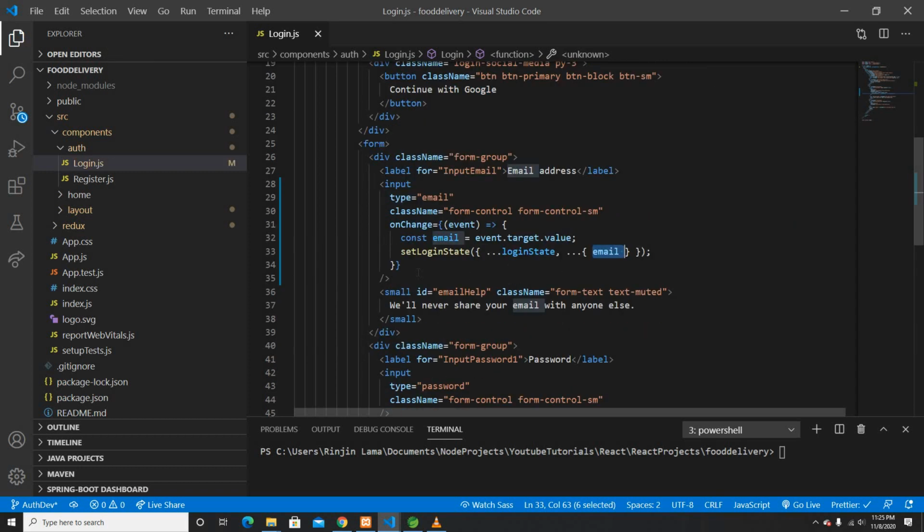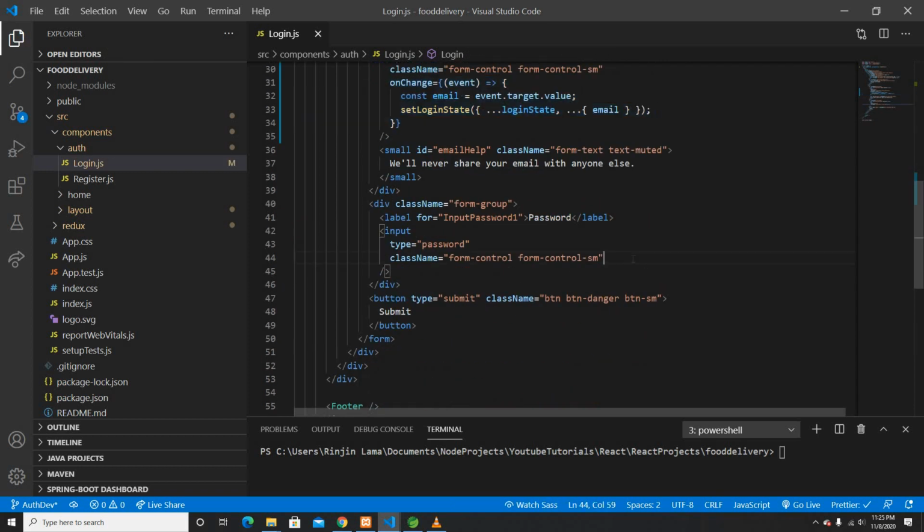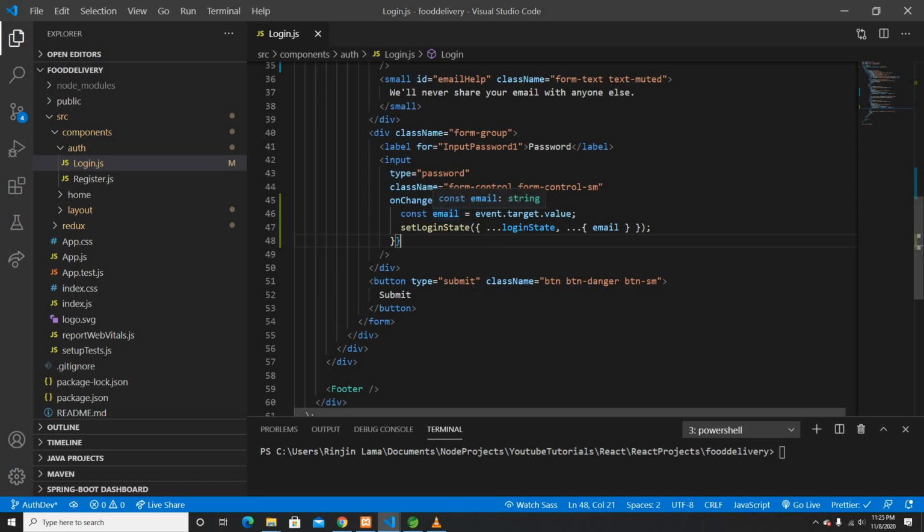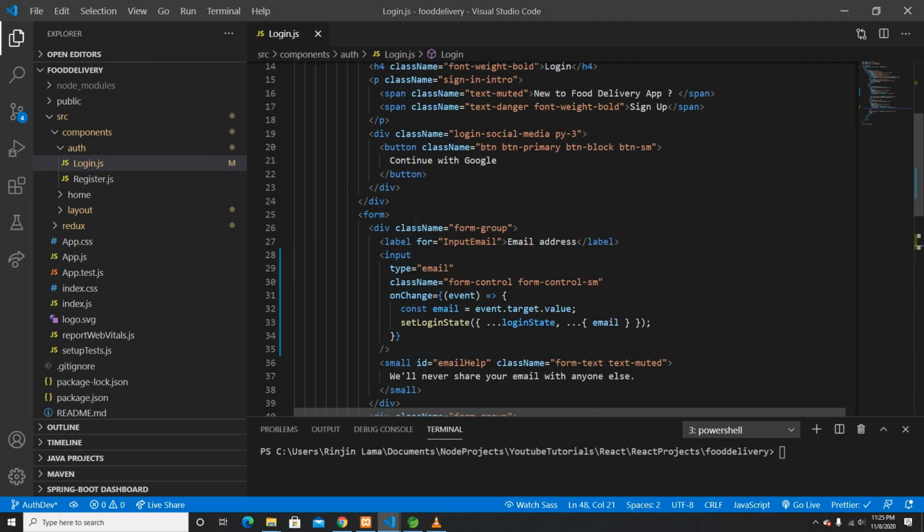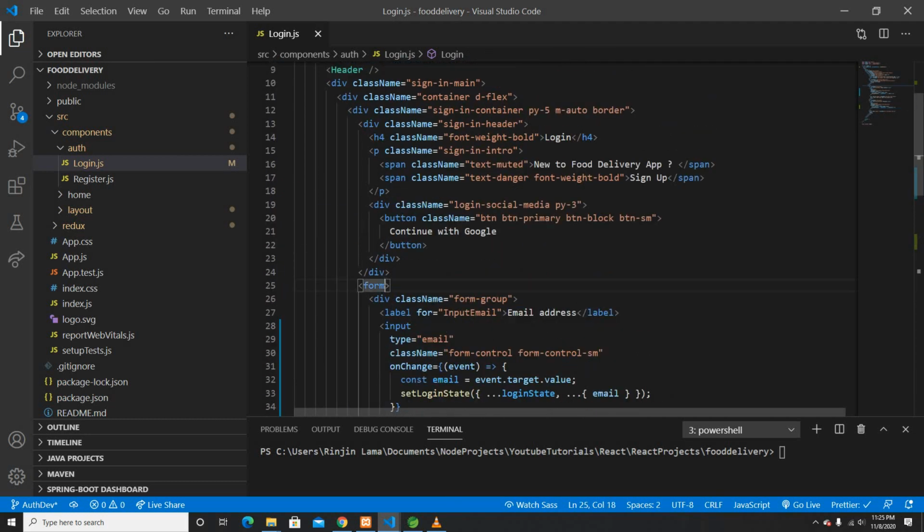Okay, so I will use this. So I'll copy this. I'll use this here as well. And this will be a password instead of email. So I'll just change the password. That's it. And what happened is we submit. So where is my form submit? Here it is. So on submit, what I'm gonna do is